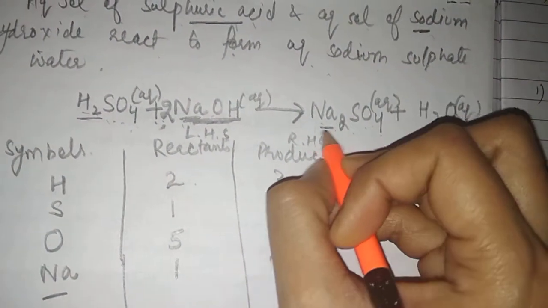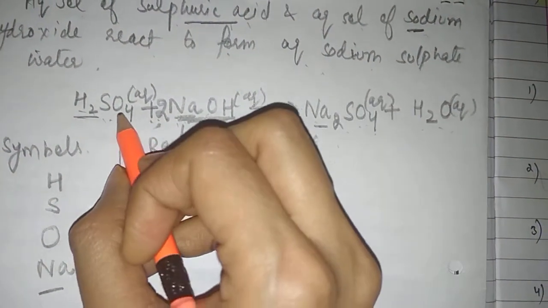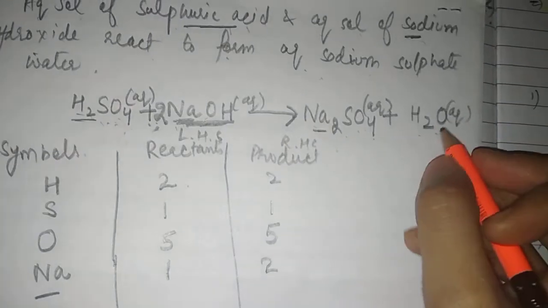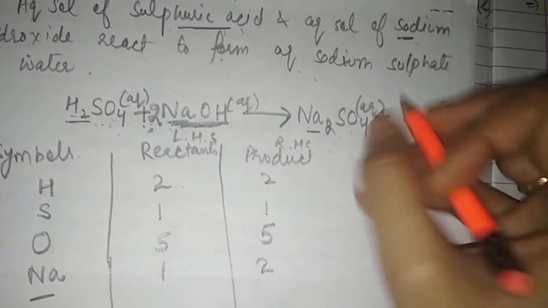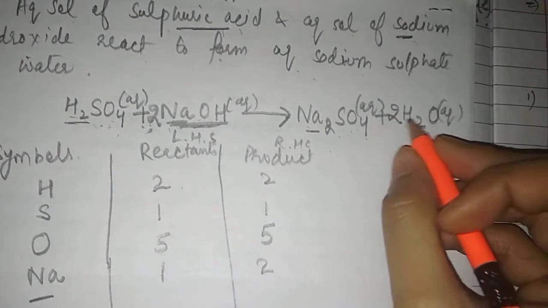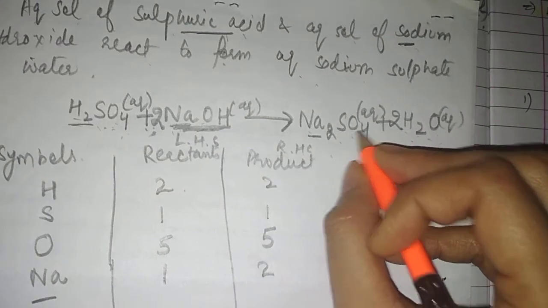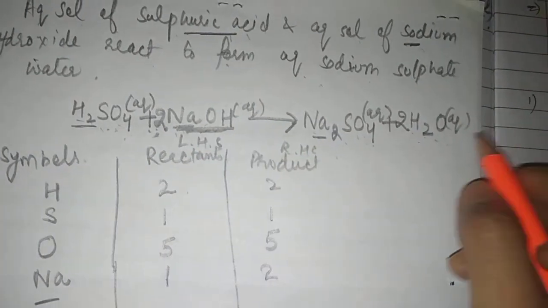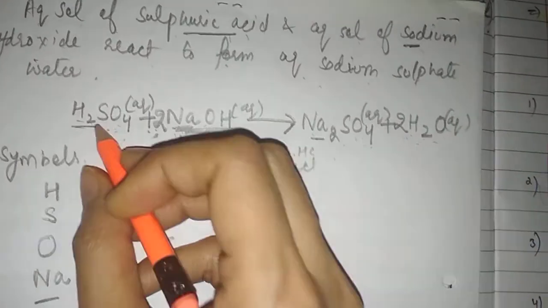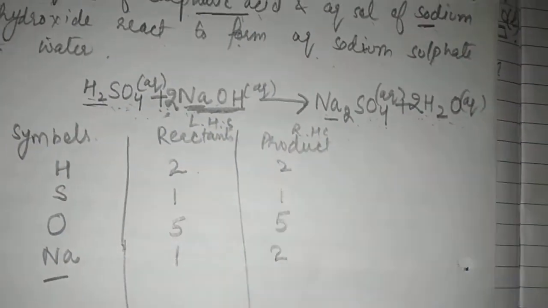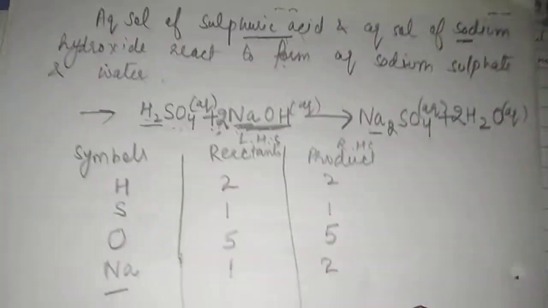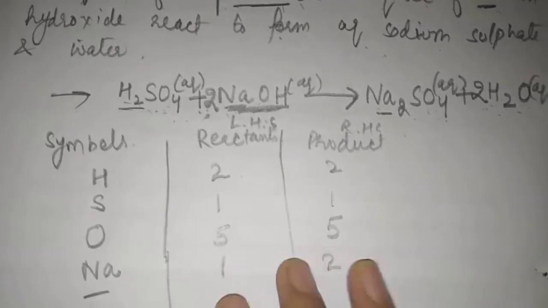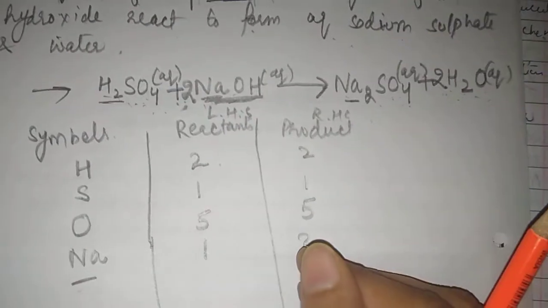Now oxygen is 4 plus 2, 6. Here it is 2 from water; if I add 2 over there, oxygen is also 6 here. Now the hydrogen is 4 on both sides, 2 to 4. Now the reaction is balanced. This is the balanced reaction. Now you got it, students, how we can balance a reaction? You have to make the table first of all, then use the hit and trial method.